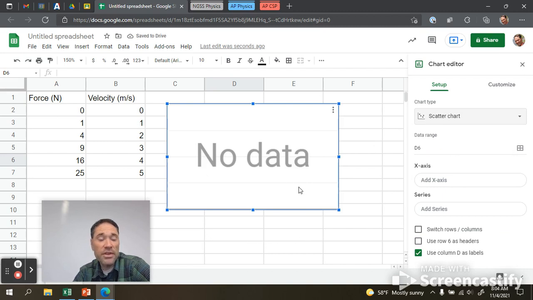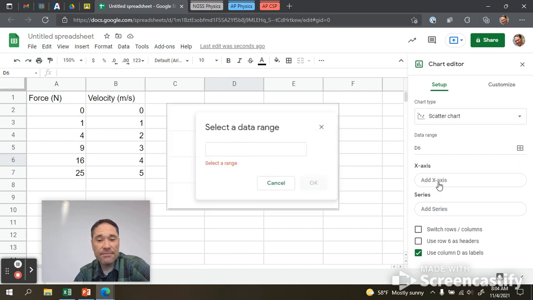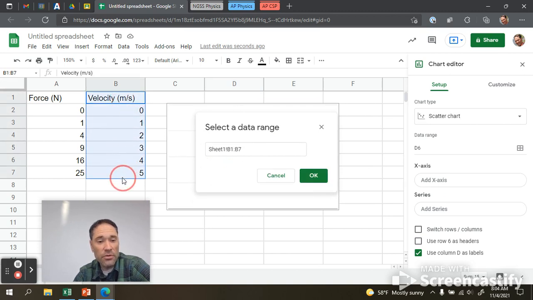And again, there's still no data, so I have to choose what I want and where I want it. Along the X-axis, I want my velocity in this case. And so I'm going to come down here to where it says X-axis, and click where it says Add X-axis. It pulls up a little thing that says Select Data Range. And so I can come over here, and I can click all the way through from the label and all the way down. And if I say OK,